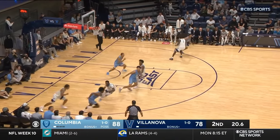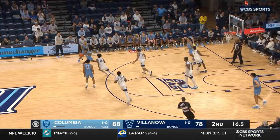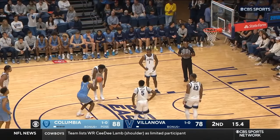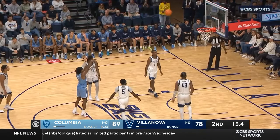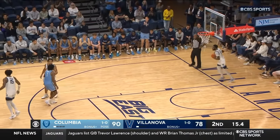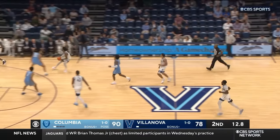Brown pops free. Brown will take it down the floor. Villanova trying to sprint after him. We'll see if the Wildcats decide to foul. They do. Longino, second on Columbia in minutes per game last year, and part of this very athletic group. Both free throws are pure, and Columbia has now gotten to the 90-point mark. 90. Oh, that's...